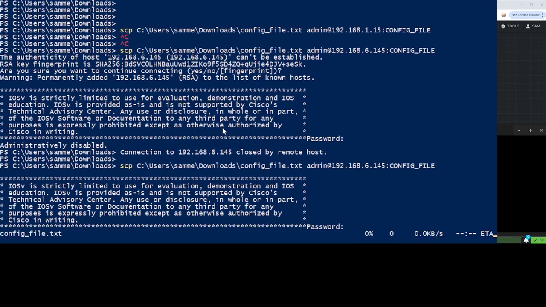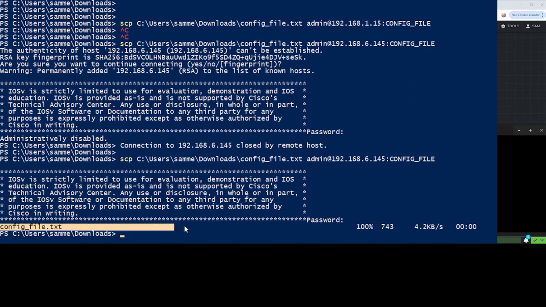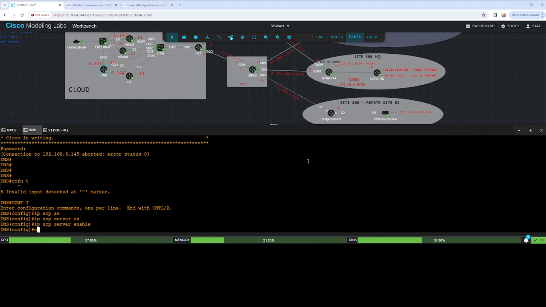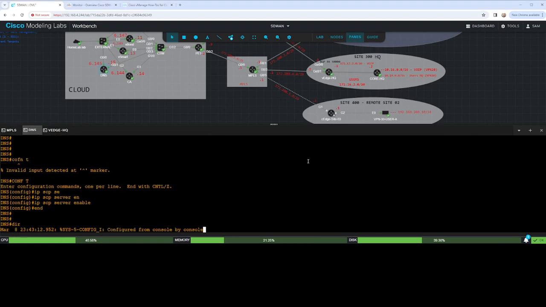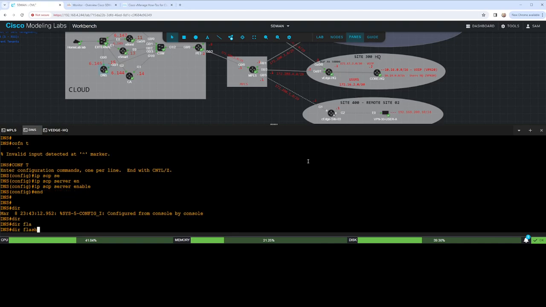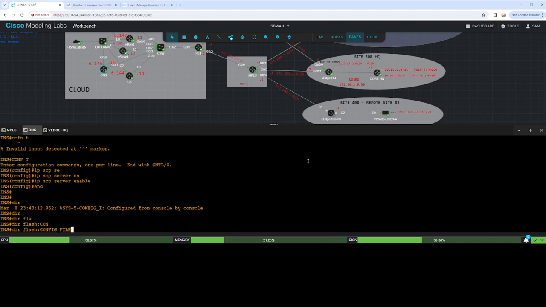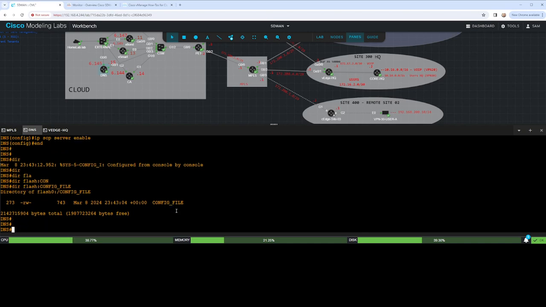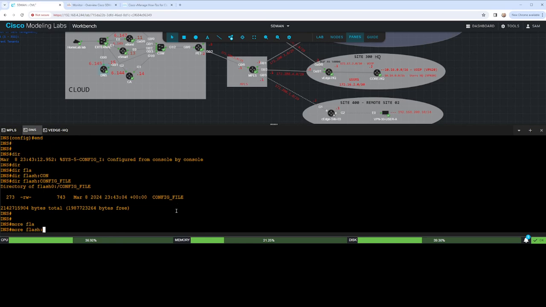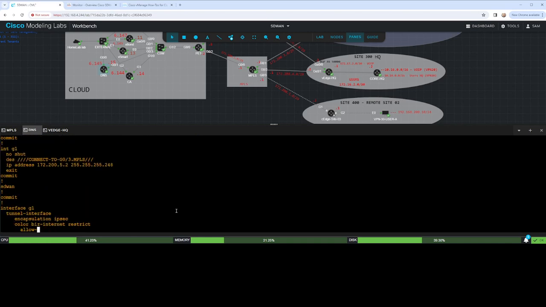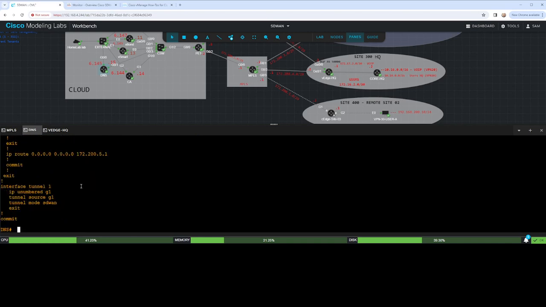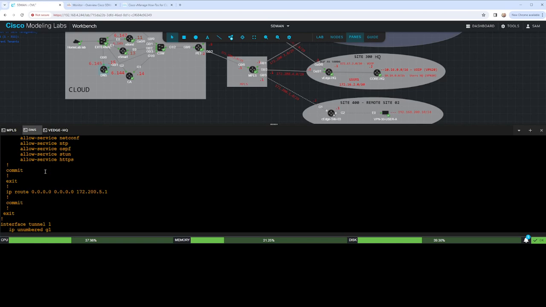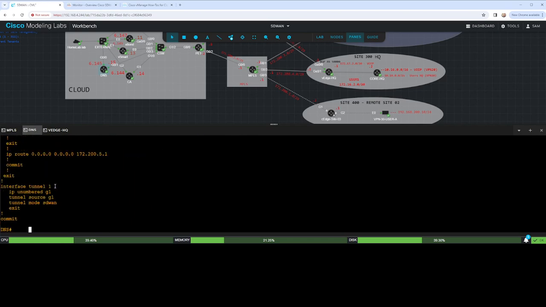Cisco 123, that should work. Yep, there we go. So the file is being transferred, and what I'm going to do is show you guys where it is. We're going to look for the flash config file, and then do a more to see what's inside this file. It should be the same text configuration we've created. Okay, so